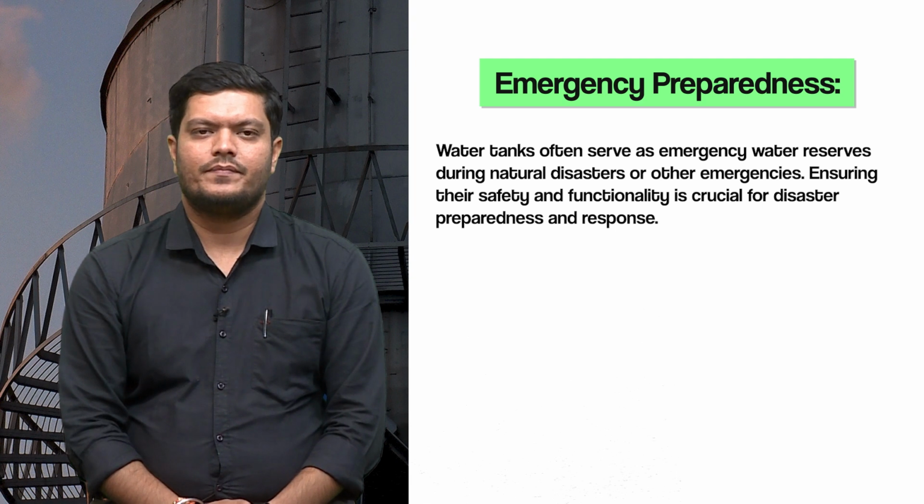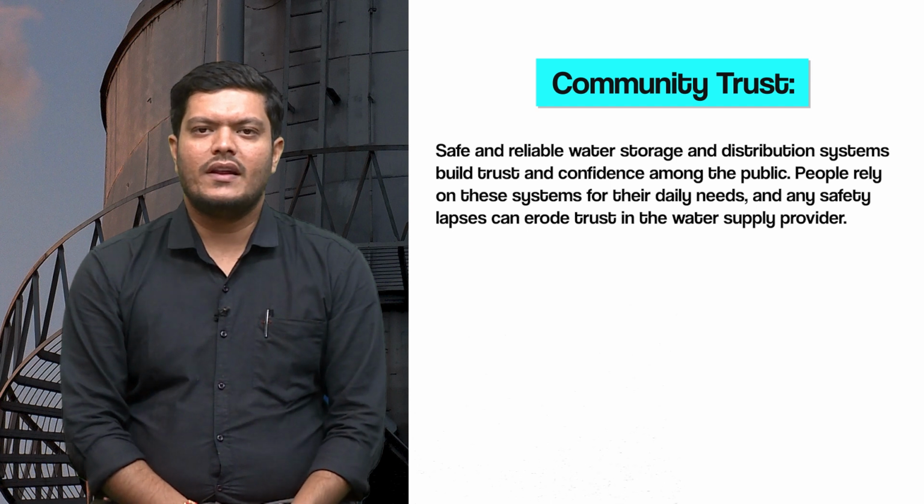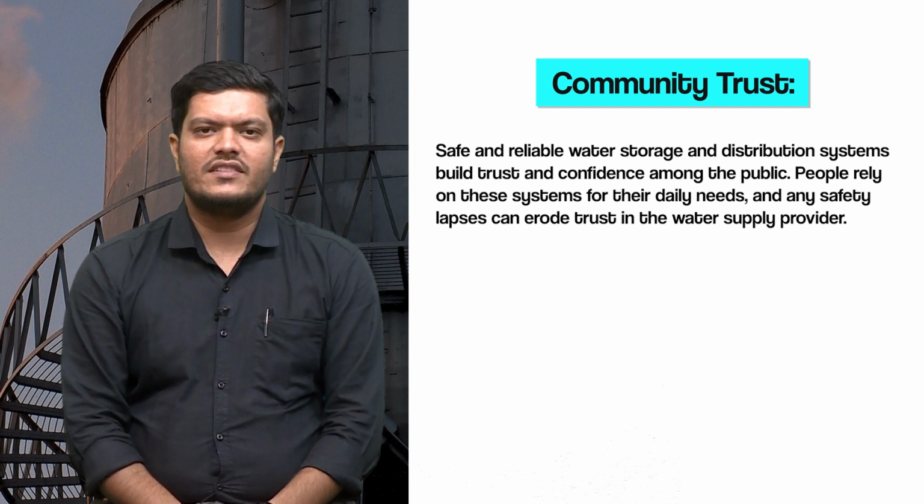Emergency preparedness. Water tanks often serve as emergency water reserves during natural disasters or other emergencies. Ensuring their safety and functionality is crucial for disaster preparedness and response. Now, community trust. Safe and reliable water storage and distribution systems build trust and confidence among the public. People rely on these systems for their daily needs, and any safety lapses can erode trust in the water supply